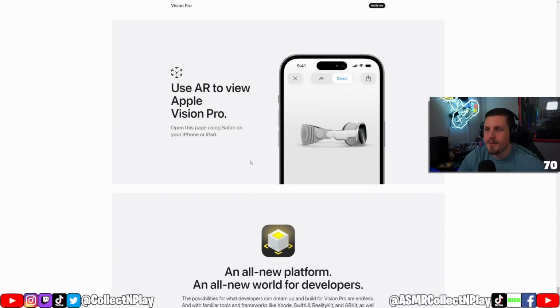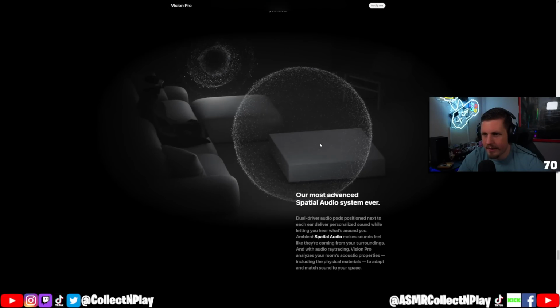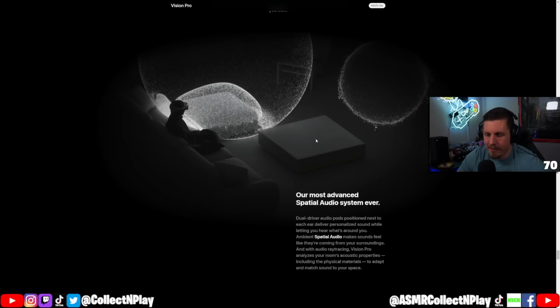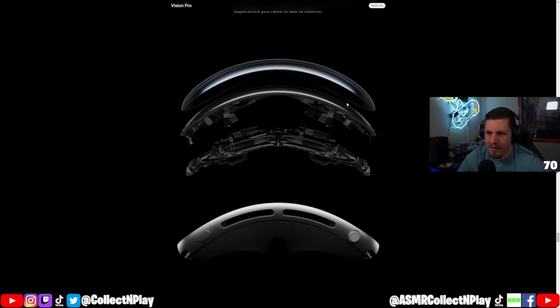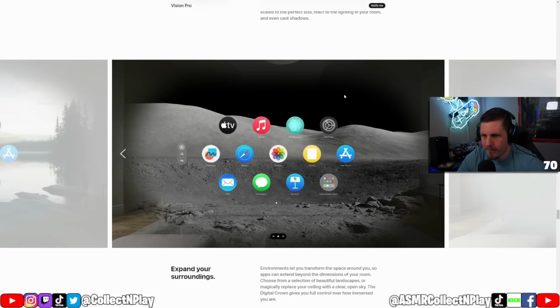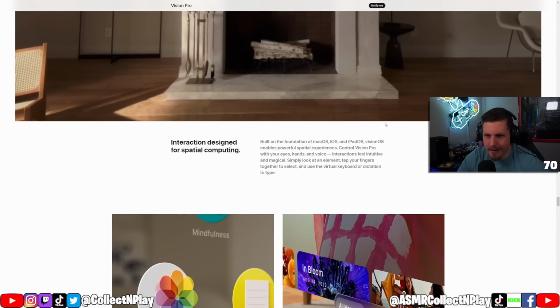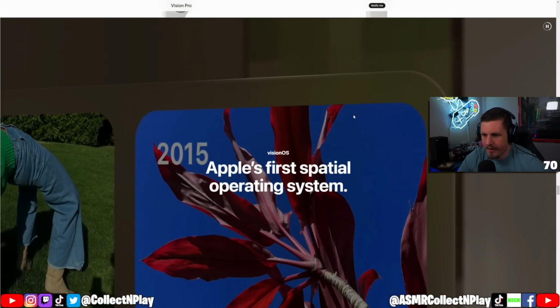That is absolutely fascinating. The one thing, from a gaming perspective, I don't think that I would ever use this thing to game. Honestly, if anything, this would be almost like a meditation device. Like being able to watch ASMR videos in this. As lame as that sounds, obviously for $3,500, I would want to use it for more than just watching ASMR videos, but